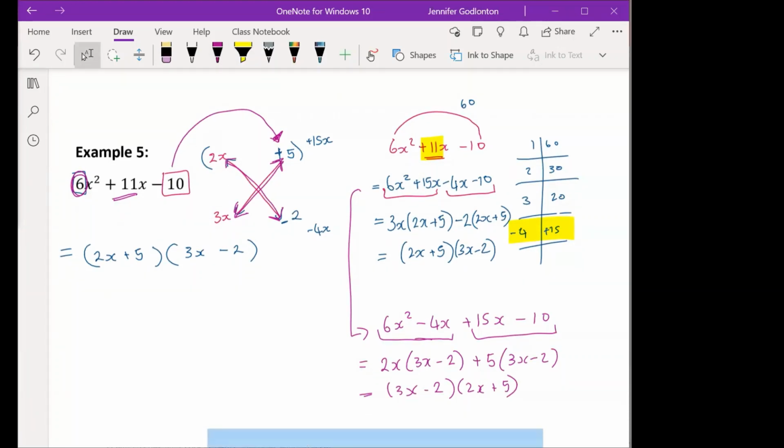Ma'am, I actually still don't understand, ma'am. Okay, what are you not understanding? Ma'am, the 6, how it changes the sum. Ma'am, I'm feeling like I'm getting kicked out of the lesson. Oh, okay. All right.